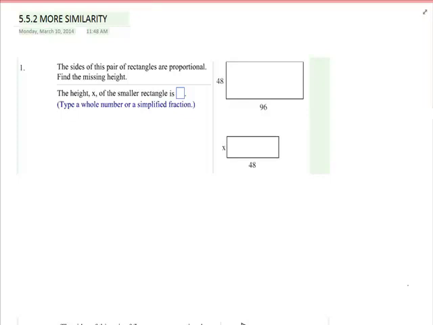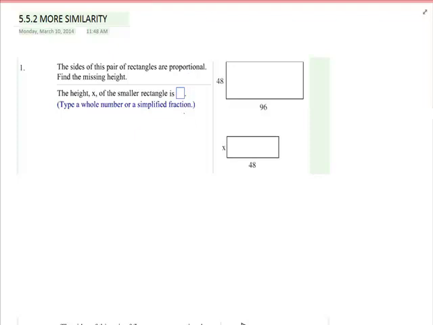All right, we're going to work on one final lesson that has to do with proportions, and it is actually a continuation of similarity. Last lesson we looked at similar triangles. Well, other shapes can be proportional as well. Problem number one, it says the sides of this pair of rectangles are proportional. The height x of the smaller rectangle is, that's what we're supposed to find,